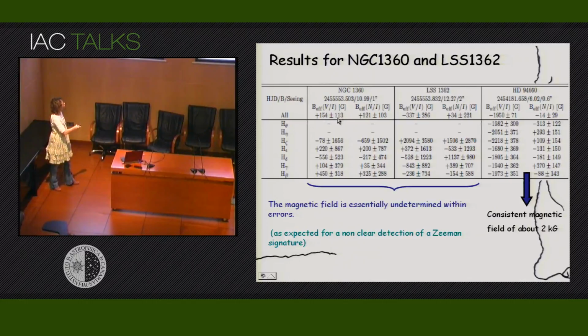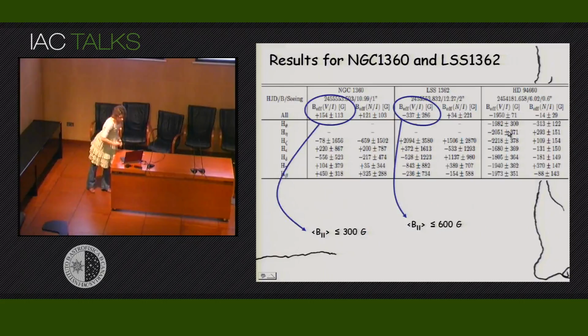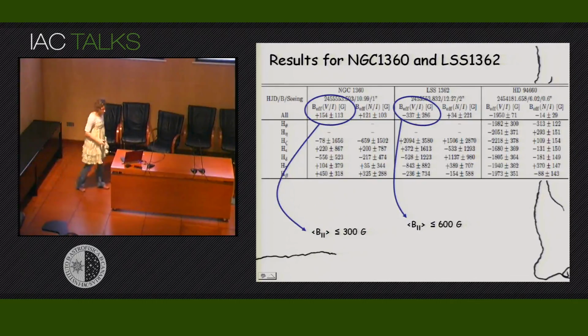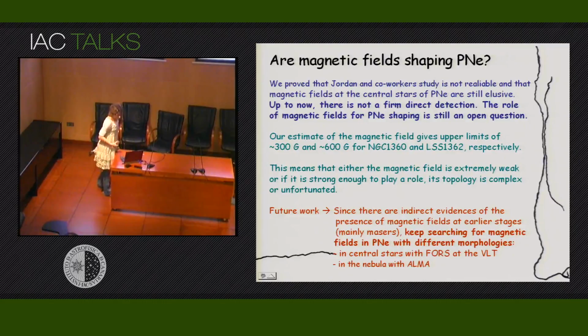So what we concluded is, in principle, the magnetic field is null within errors, but the upper limits are 300 and 600 gauss for the two stars. So, just a summary: we have proved that the claim of detection of magnetic fields by Jordan et al. is, in principle, not correct. So the role of magnetic fields in shaping planetary nebulae is still an open question. We estimate the upper limits for the magnetic fields to be a few hundred gauss, which means that